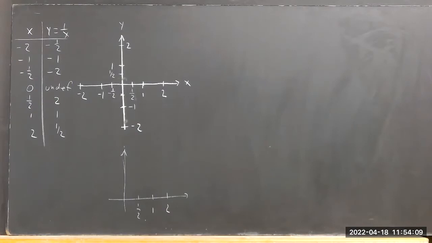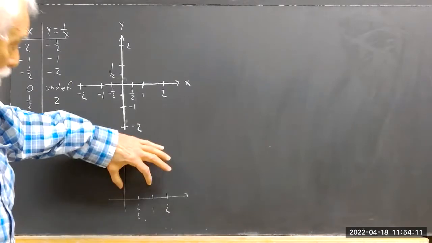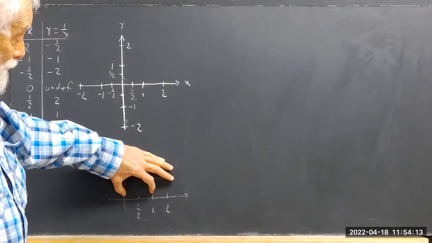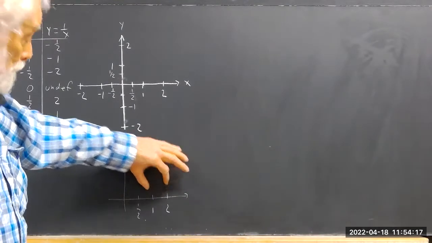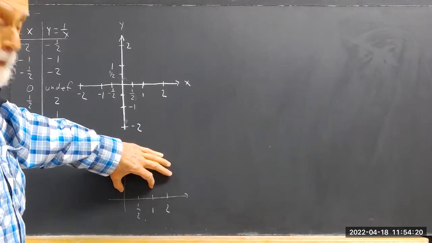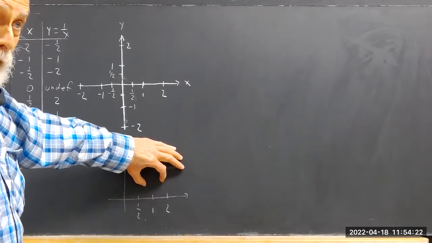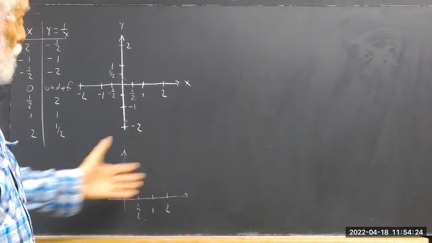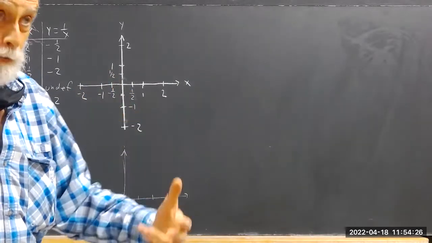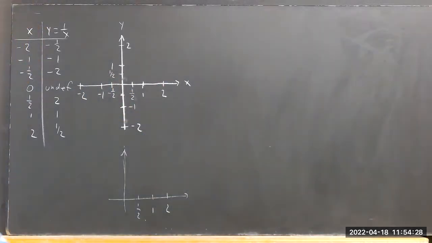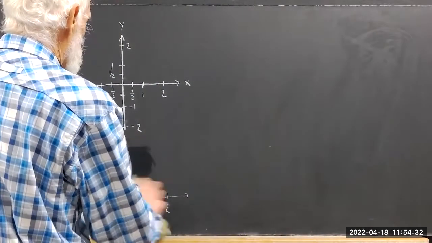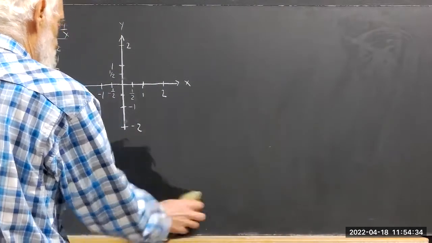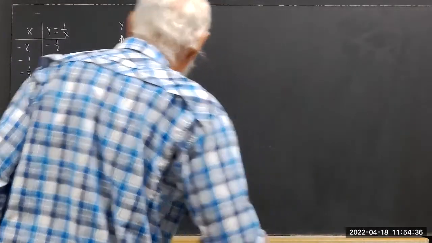What's wrong with that? Well, this is how big 1 is, but then this is how big 1 is. Because the distance from 1 to 2 is the same as the distance from 0 to 1, right? But it isn't if you draw the graph like this. And that's going to distort the picture of the function that you're trying to construct. And we want an accurate depiction for reasons that you'll not fully appreciate until you start modeling the real world